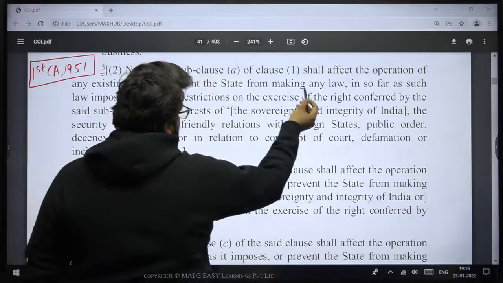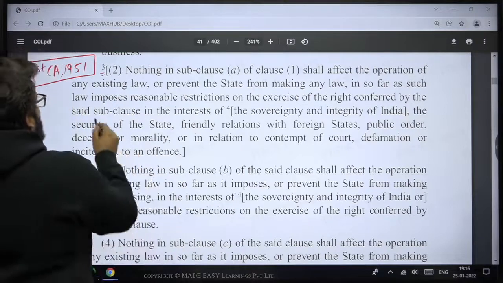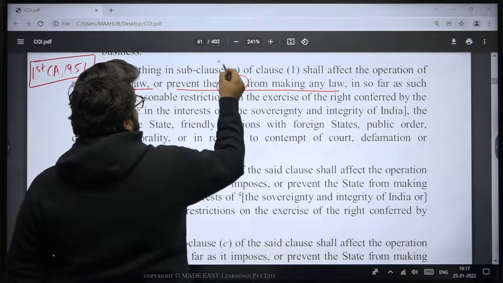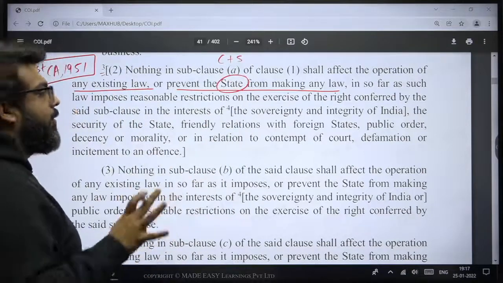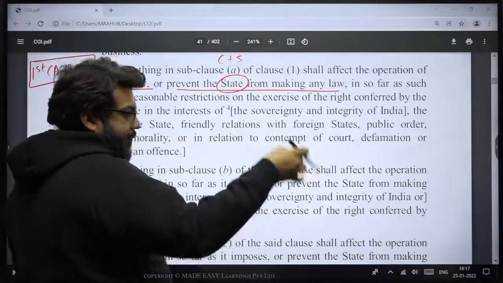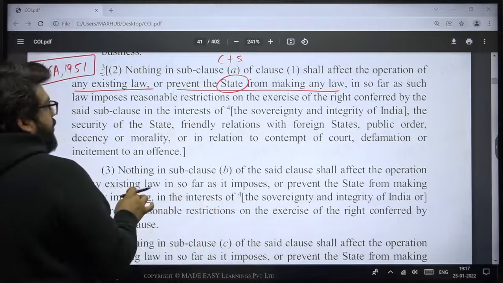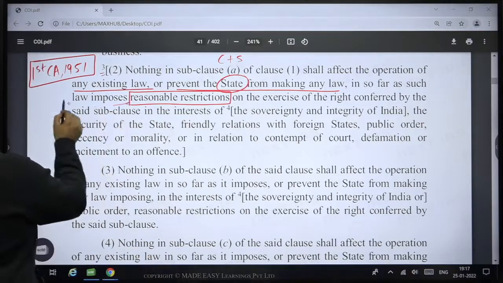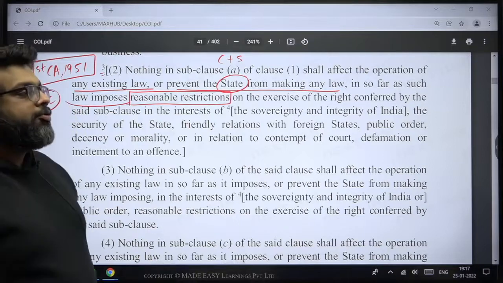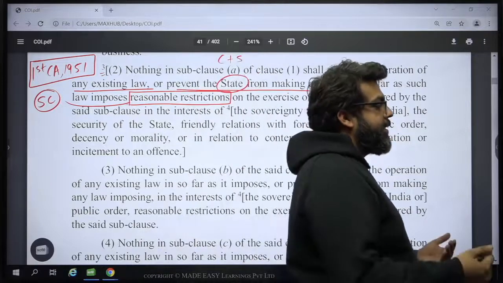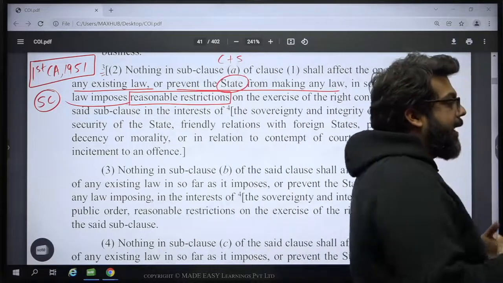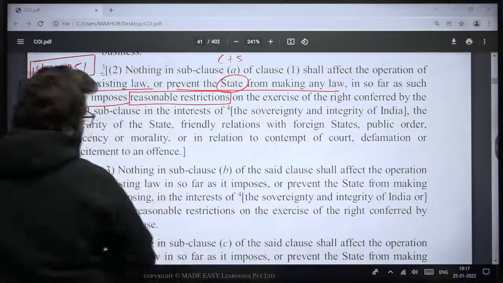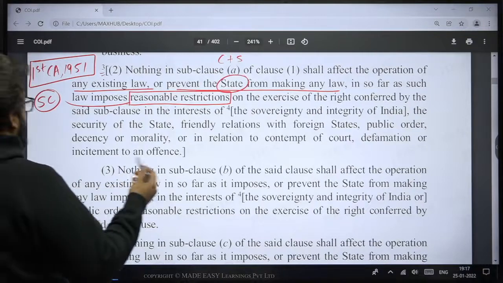So nothing in subclause A of clause 1 shall affect the operation of any existing law or prevent the state from making any law. This means both the center and the states. This means that either if there is already a law existing or you have to make a law in the future, insofar as such the law imposes reasonable restrictions on the exercise, and this is where the Supreme Court is going to have a field day. Every issue is going to be, is the law reasonable enough? Is the restriction given by the law a type of a reasonable restriction? Does it come under the larger domain of reasonable restrictions on the exercise of the right conferred by the subclauses